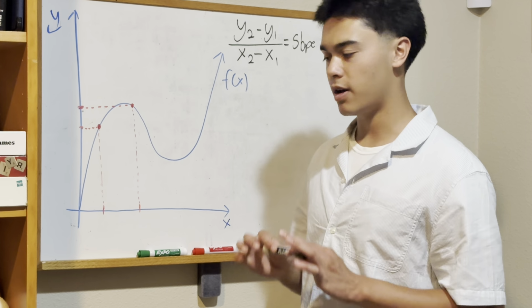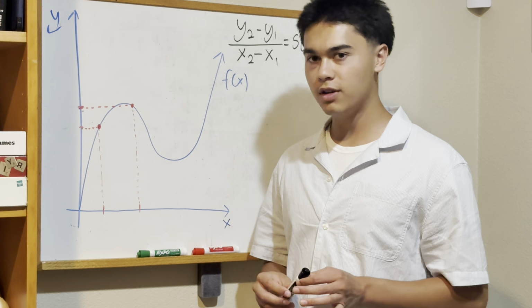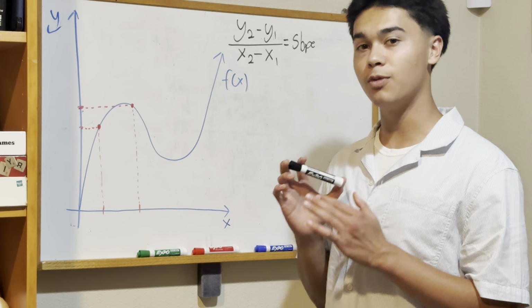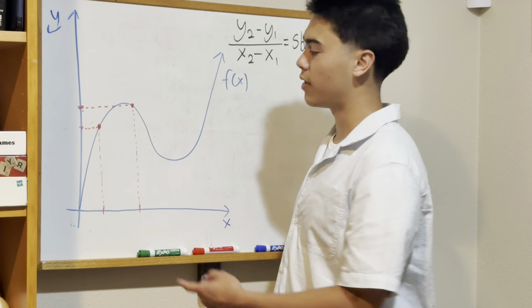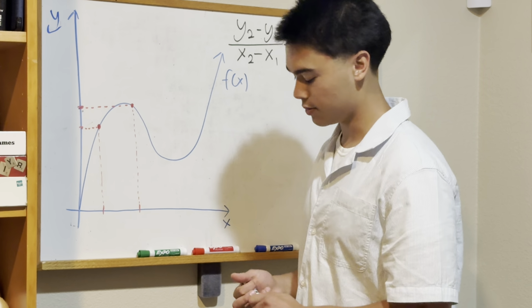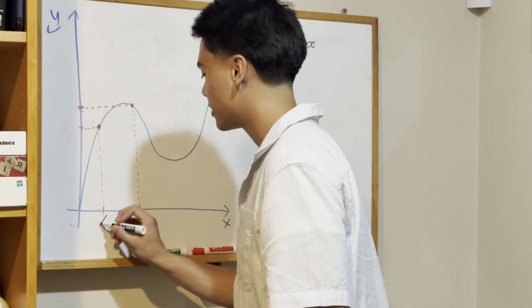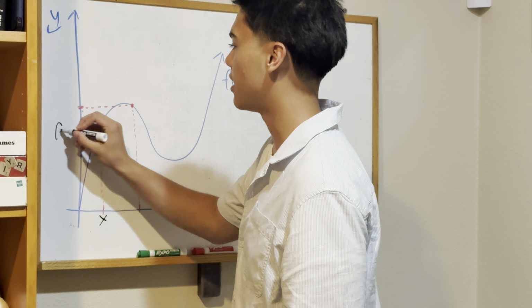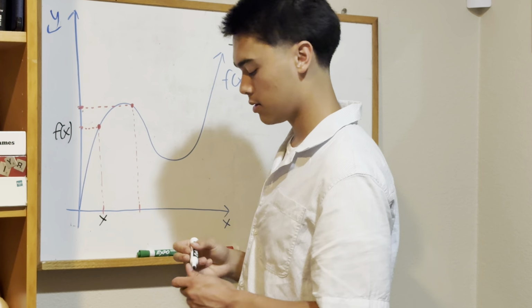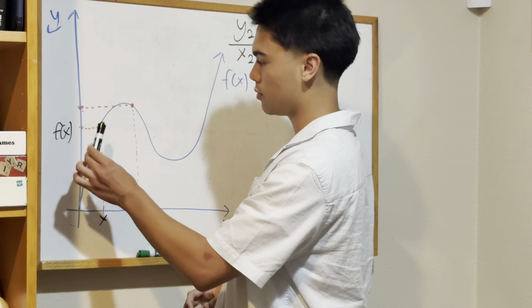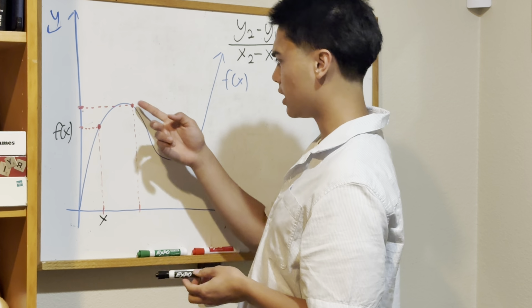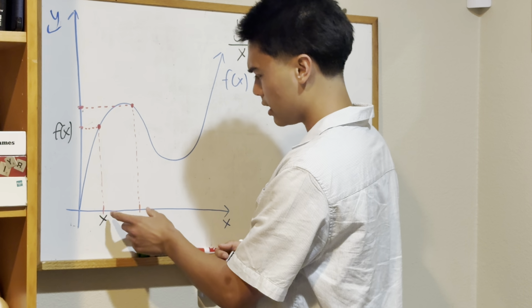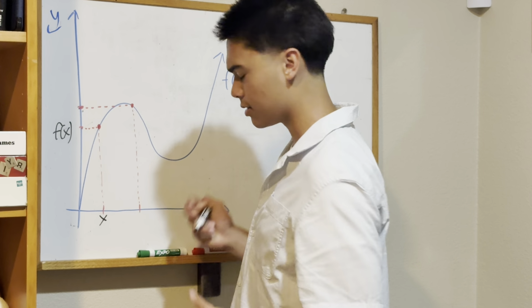So first of all, on the base, a derivative is the instantaneous rate of change of a function. So say we want to find the derivative at this point. We're going to say that's x, and the y value is f of x. The derivative at this point would just be the slope at this very point. Okay, and we'll say at this other point, it's a distance h from x, so we're going to say it's